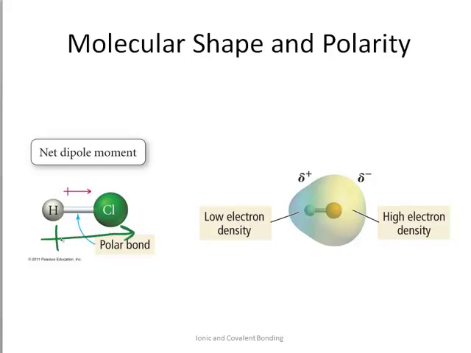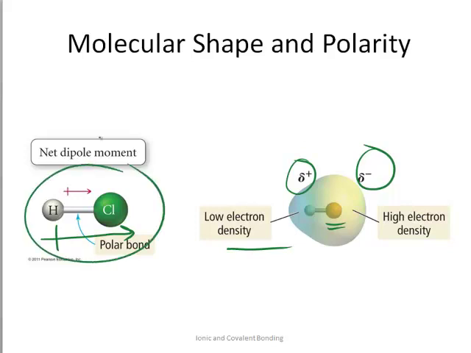electronegativity produced a dipole moment, causing a partial negative charge, an excess of electrons, high electron density around the more electronegative atom, and an absence of electrons, which causes less shielding of the nuclear charge and a partial positive charge associated with the less electronegative atom. Okay, and HCl would be an example of a polar bond. And because that's the only bond that exists in the molecule, we can also say that HCl is a polar